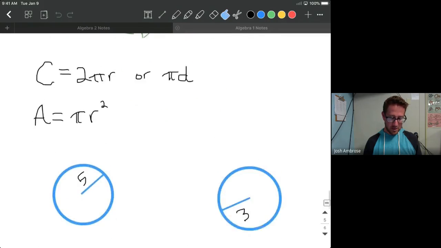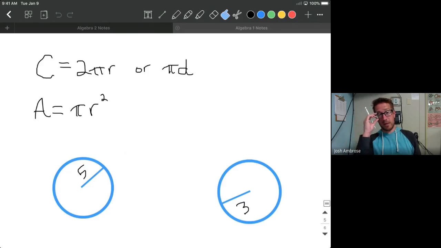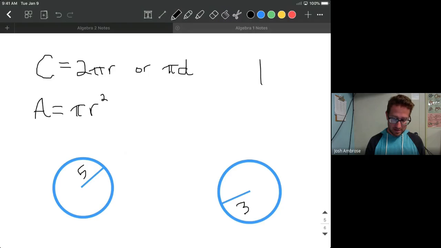We are now moving on to the equations that we are going to need. C stands for circumference, because we're going to be calculating circumference, and A is going to stand for area. You'll see the little r. The little r stands for radius. You're going to see the lowercase d, and that stands for diameter. Then you're going to see that weird shape over there, and this guy right here is pi. Pi represents